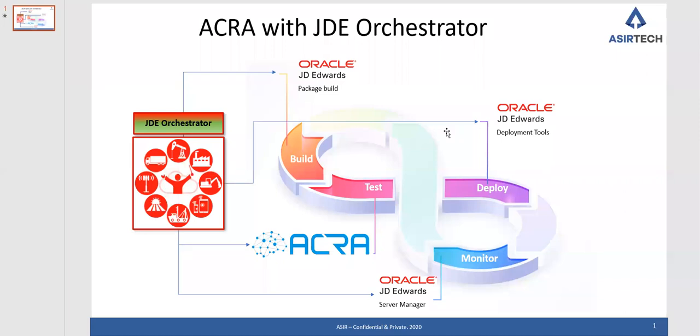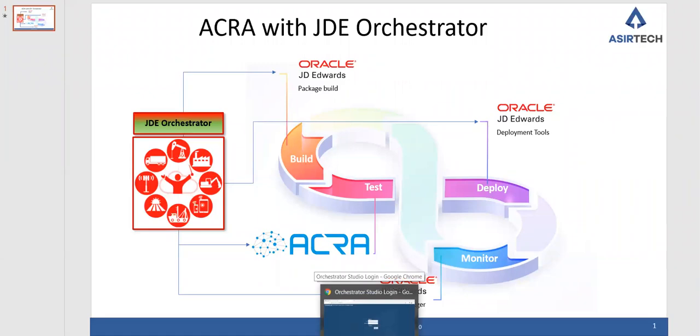Once a package build happens, orchestration makes a REST API call to Accra, which in turn Accra will identify all the test scripts that are relevant to the change that happened in the package build. And Accra will create an execution with those relevant test scripts and trigger the execution automatically. Also, the results will be posted in the Accra cloud. All these processes happen automatically without any manual intervention, and it's all pre-configured. Now let's see the configuration part.